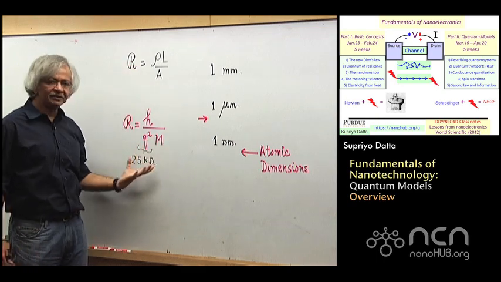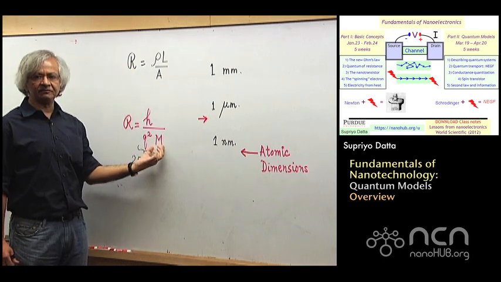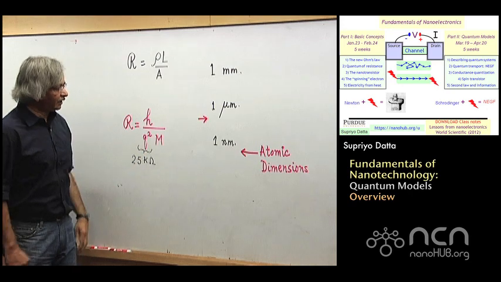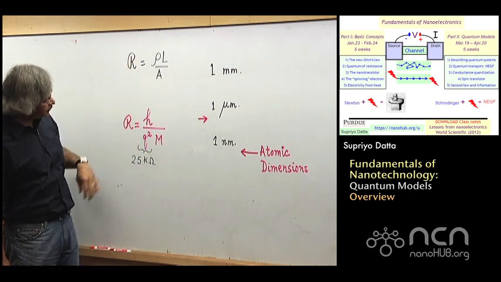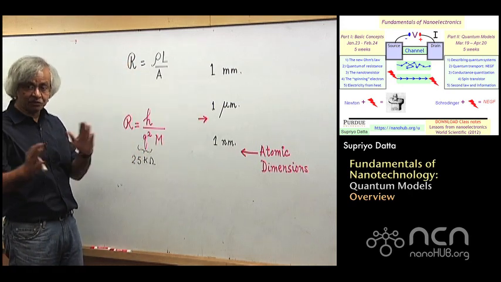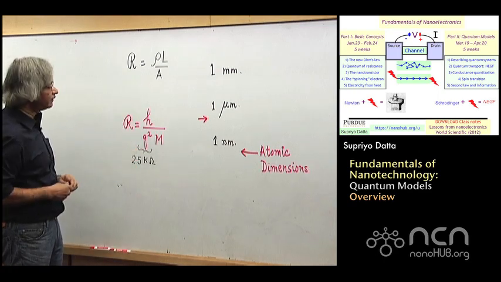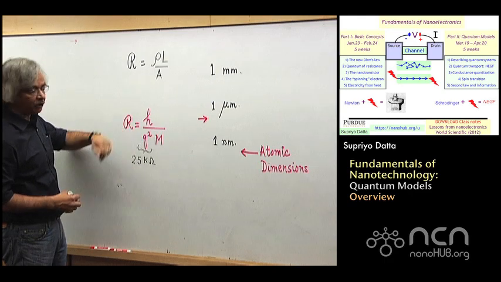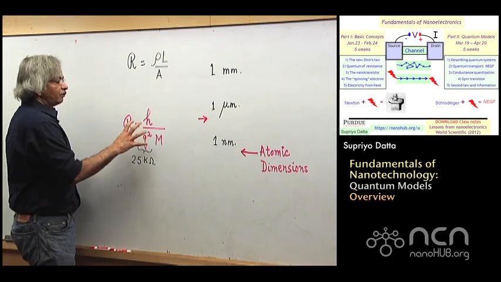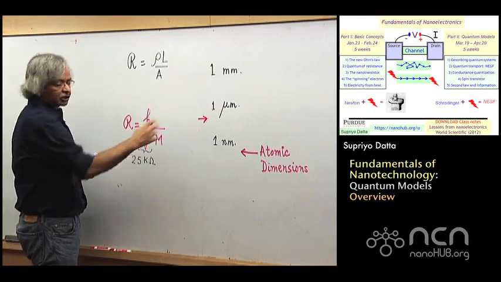Why should it go to this quantum of resistance divided by m? Now, on the other hand, if you take a bottom-up view, that is, if you start from here, and that is what we did in part 1 of this course. We started from here. And what I tried to show is that while this applies to a very short conductor,